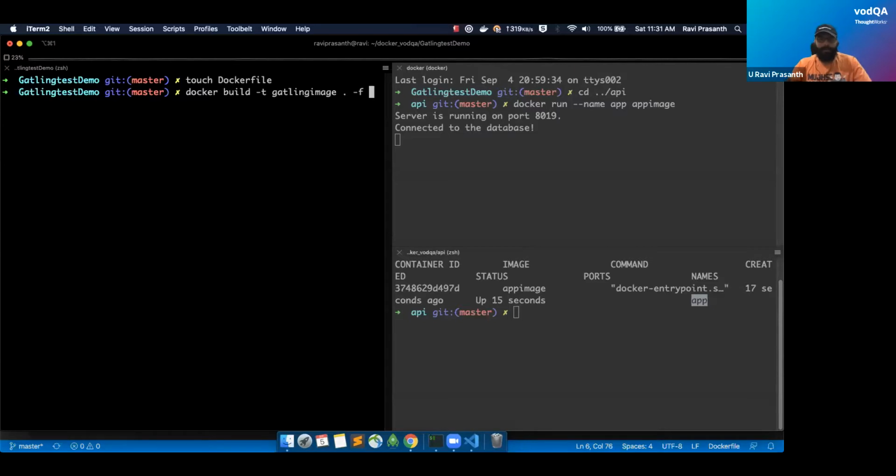Maybe in my use case, I might have two Docker files, one to run in my local, which I would have named dockerfile.local, and one to run in my CA or in my other environments. So in that case, when you're building, you can directly give the file name and run it. But now I'm not going to do it. I'm just building it with this.